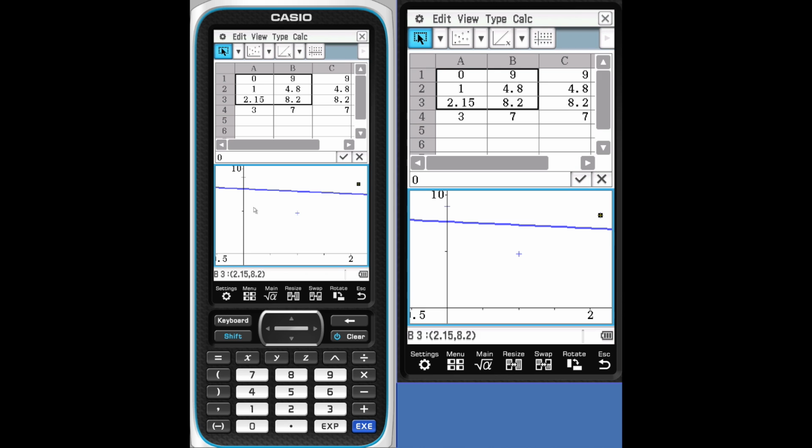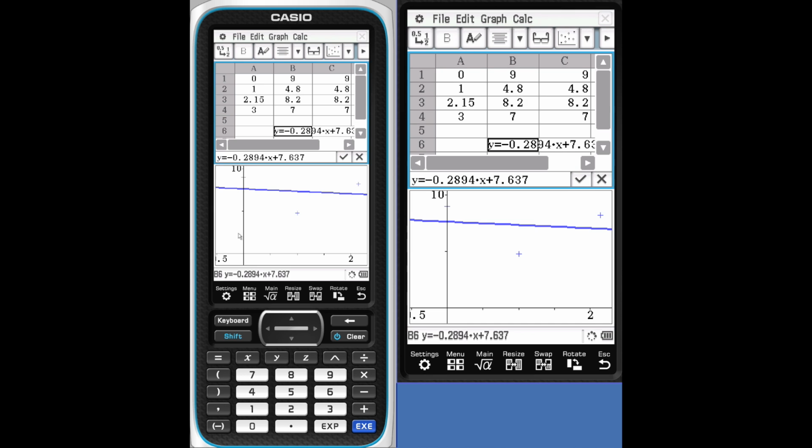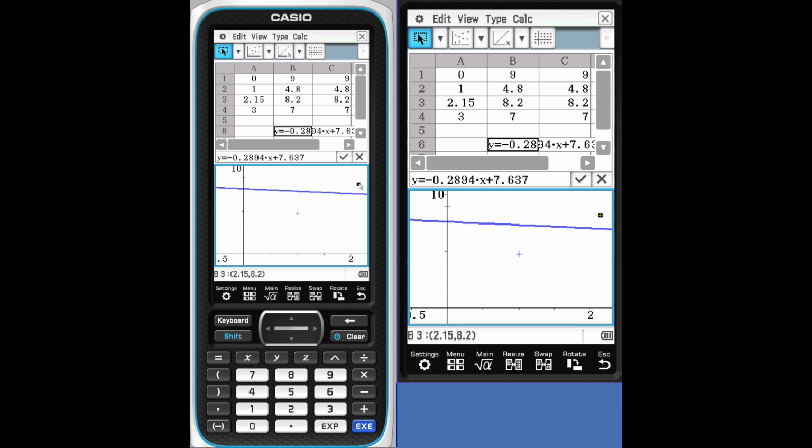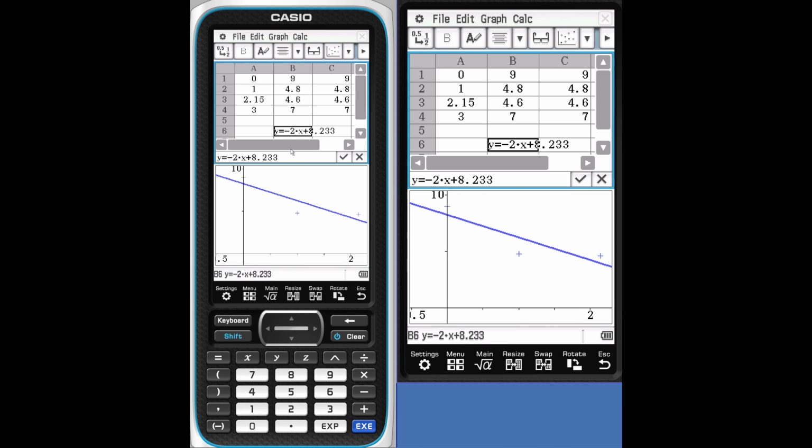So your equation changes. What's really nice is if you tap the equation and then drag it into an empty cell, you actually get the equation at that point. Now, it's not dynamically linked, so when I move this, that equation is still there from before, and we would have to re-click and re-drag to get the new one to show up. It's a nice little feature of being able to have the 2 linked screens together. Look at our linked screen video, which shows you some more abilities of linking screens together. Very powerful way of looking at math.